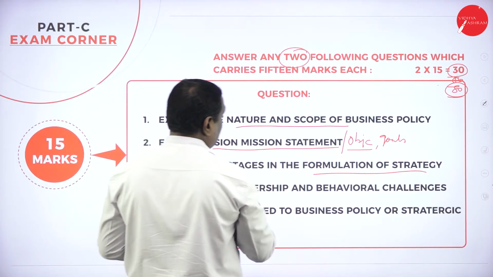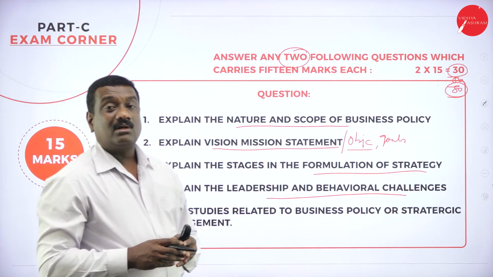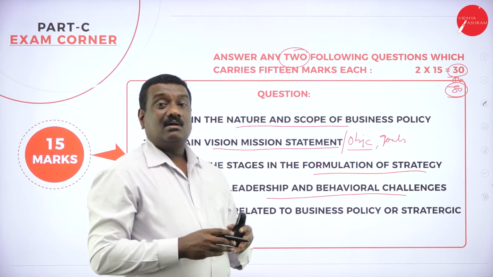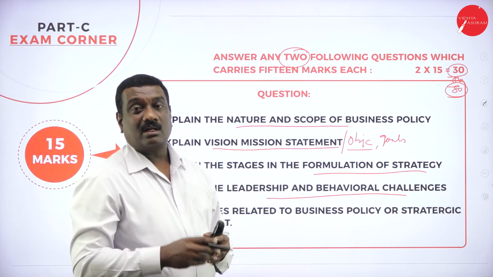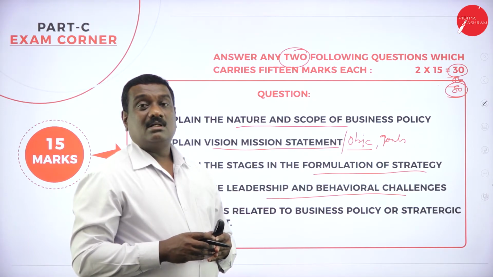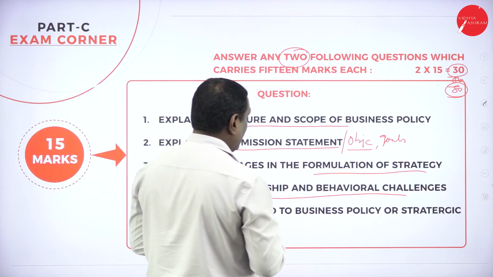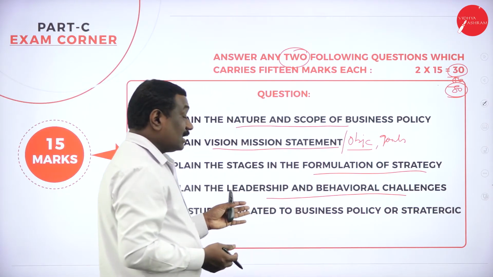Then, explain the leadership and behavioral challenges. Even here you have to write the meaning of leadership, then the different styles of leadership: autocratic, laissez-faire, right? Then transformational, transactional, all these different kinds of leadership styles and their advantages and disadvantages. Then also you can write